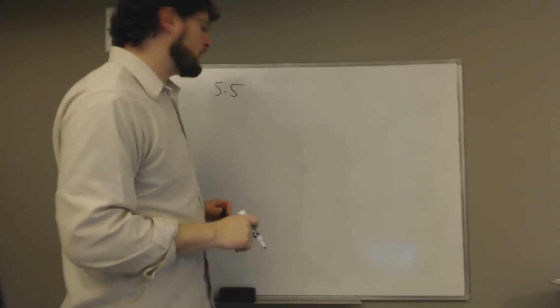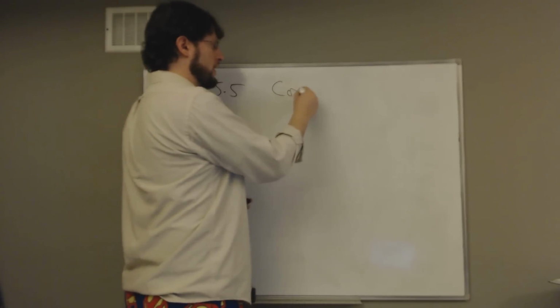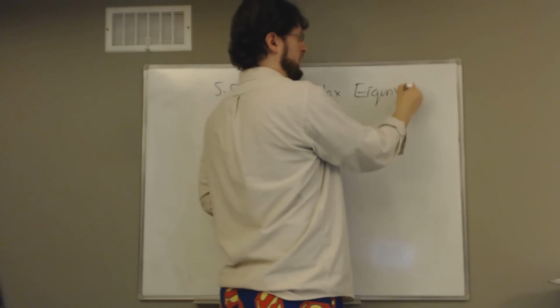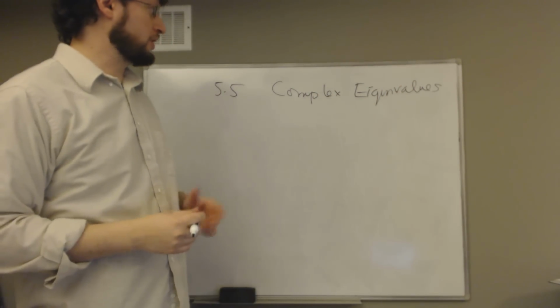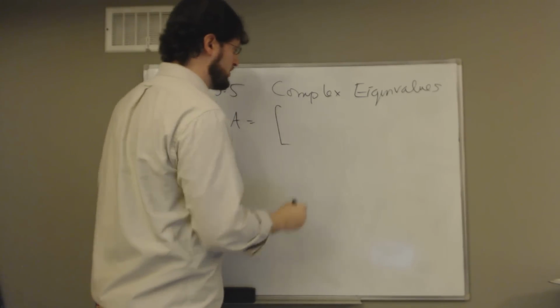Okay, so today we're going to talk about 5.5, which is the last section in chapter 5. And this is all about complex eigenvalues. So eigenvalues are complex numbers. And we're going to start our discussion by looking at this matrix A, which is